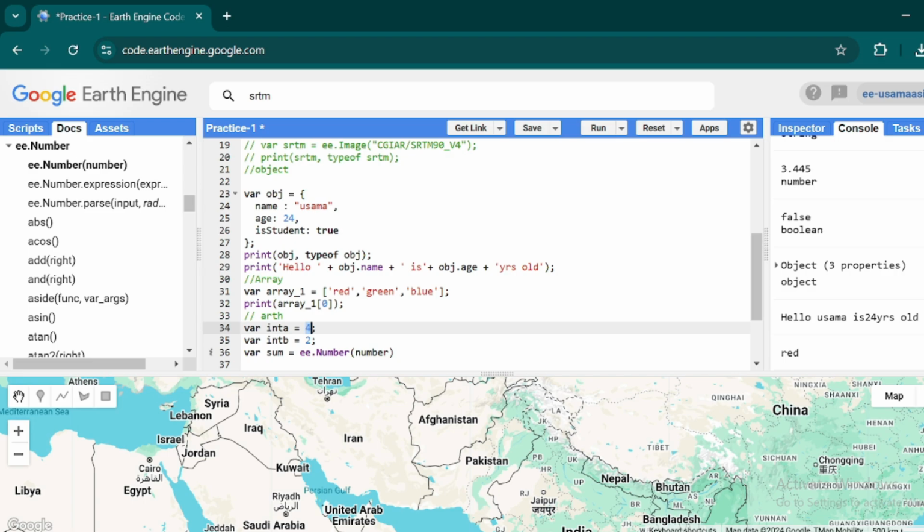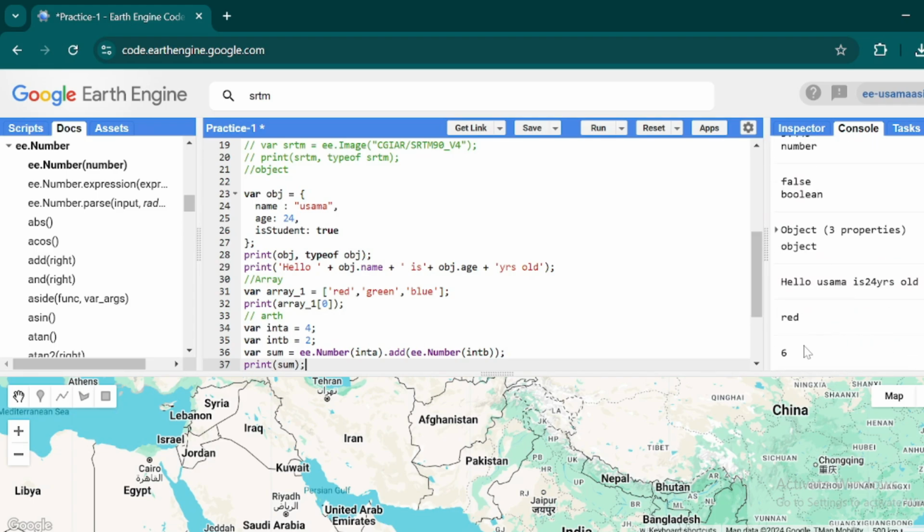This is a number type, integer type dataset, so I take the Earth Engine number function from over here and paste it, and then .add, again this one over here, but I want to add integer b into integer a, and a semicolon over here. Now print this result and it will give me 6.